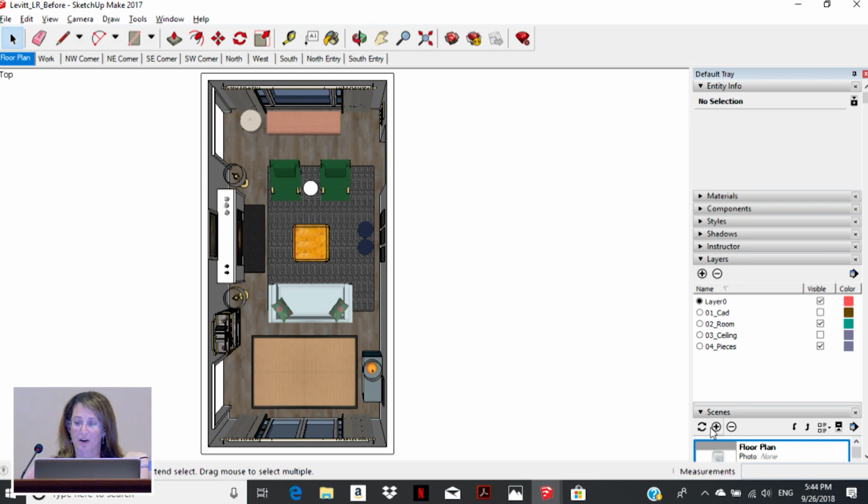And saving a scene here, all you do is click this little plus icon here and give it a name. So for my work scene, the work scene isn't something that I use to present to anyone, it's just the scene that I use for building everything else. So for example, if I want to build the northwest corner scene, I start in my work scene,